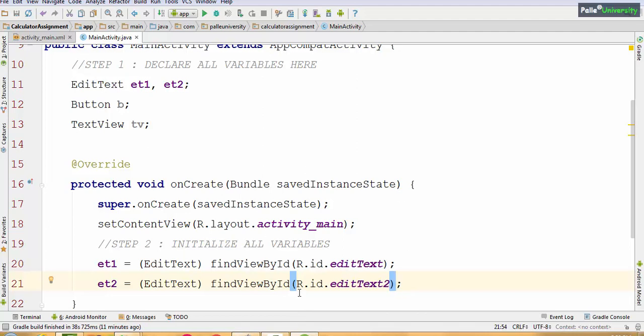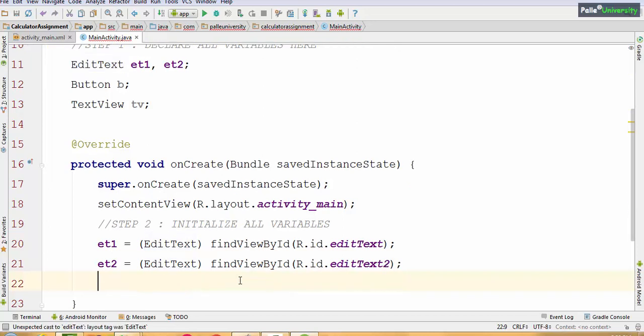The advantage of doing it like this is, if you are typing manually by looking at the notebook, you may make spelling mistakes. For example, in your notebook you would have written a small letter e. Observe, this will give an error. Unnecessarily you will be in trouble. So what I am trying to say here is, don't depend too much on the notebook. Take help of Studio. Studio is better than your notebook.